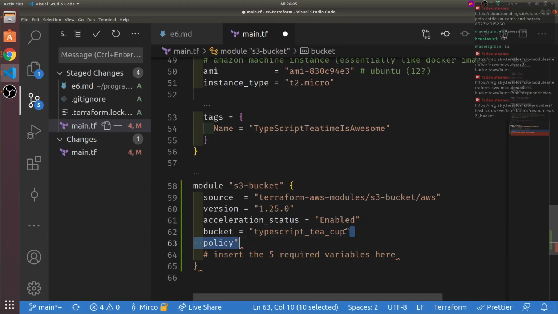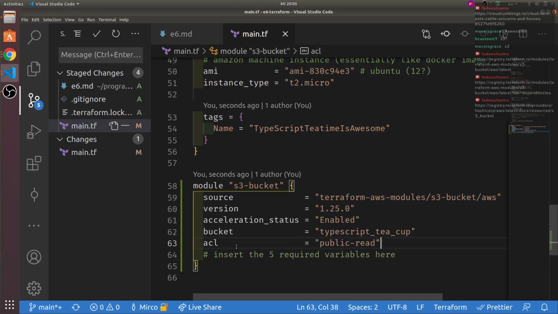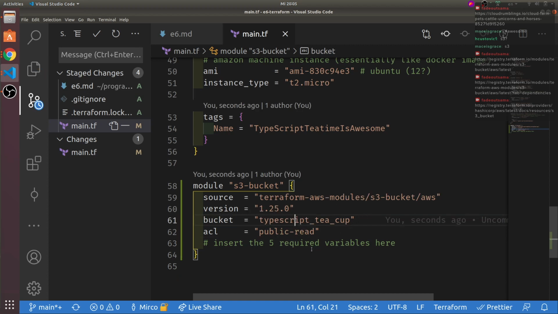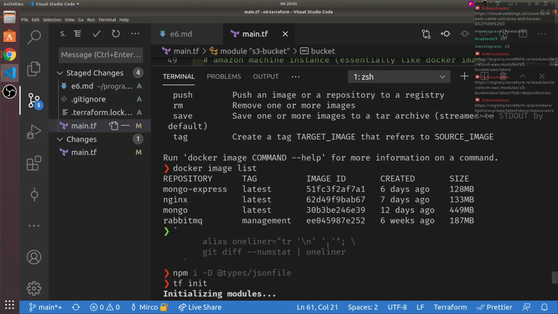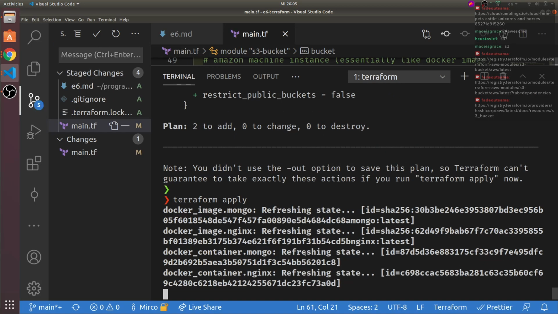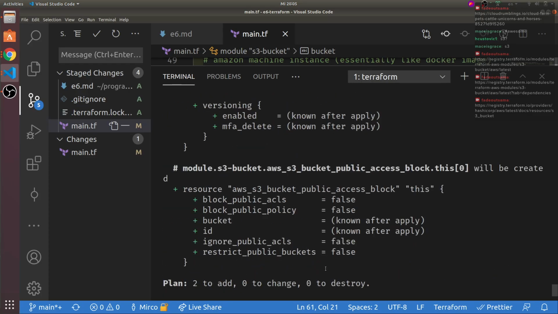So this has to be like so. Save. Do we need this? I'm not sure. Let's see what happens if we try to apply. Maybe we have to copy all of this.